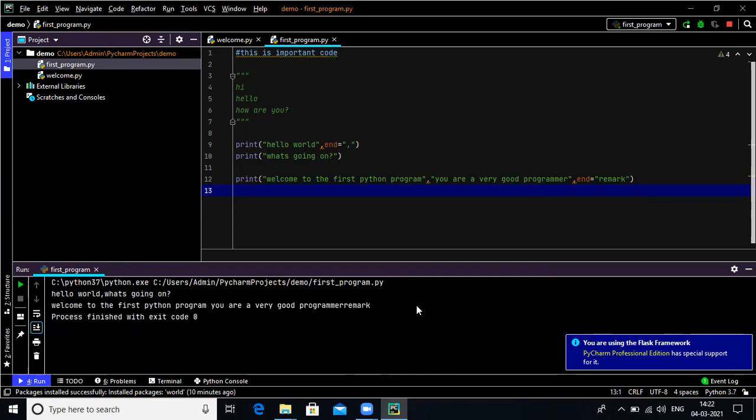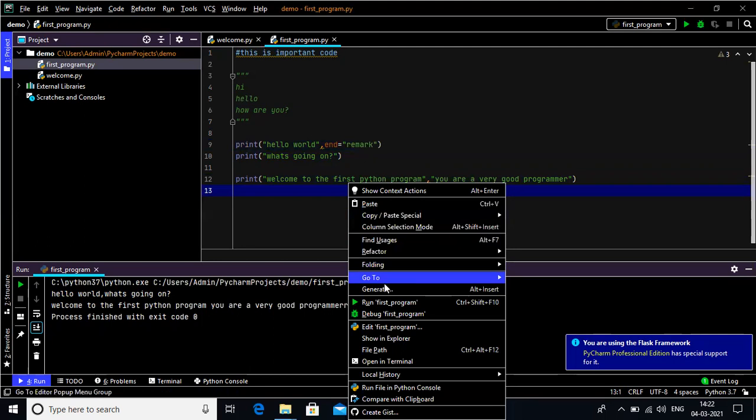Run. Remark is at the end. Okay, this is also one kind of statement, so we can't run here. Sorry for that. I'm going to the previous statement, that is the end statement, and see here. If I want some word in between the hello world and what's going on statements, that word is the remark word, and see what happened.